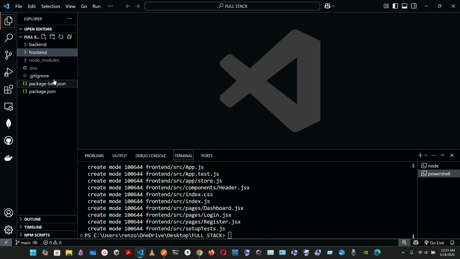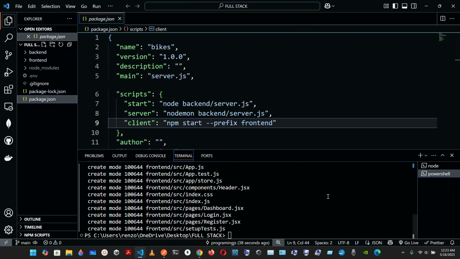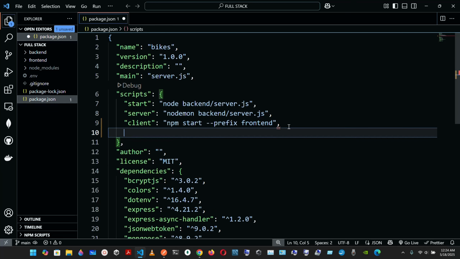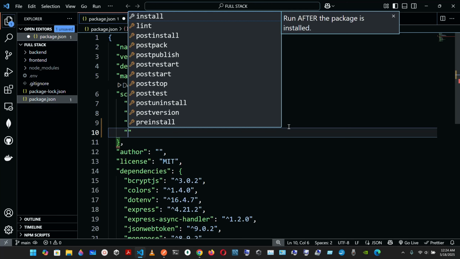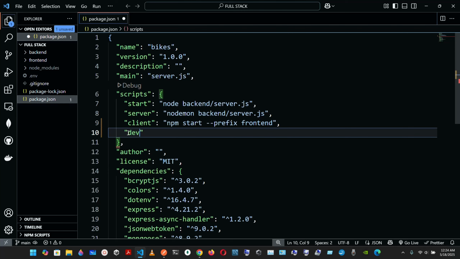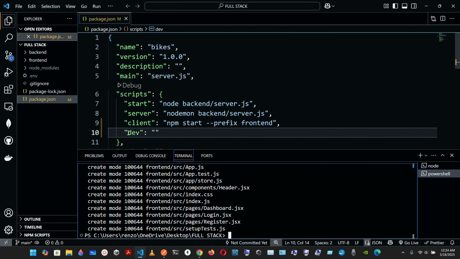Okay, so right now we're gonna go into the package.json. Yeah, we can close this one. We're gonna go into the package.json, and here we have the start, the server, and the client. Okay, so we're gonna have a new one here. We are gonna have a dev, and let me save it. But first of all,